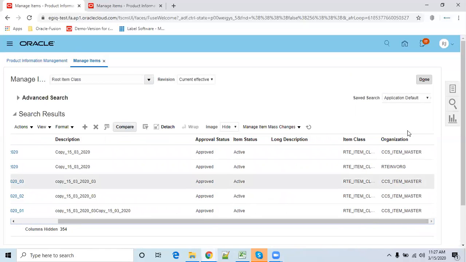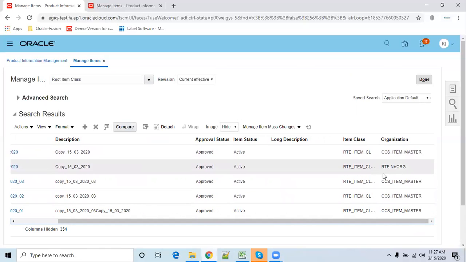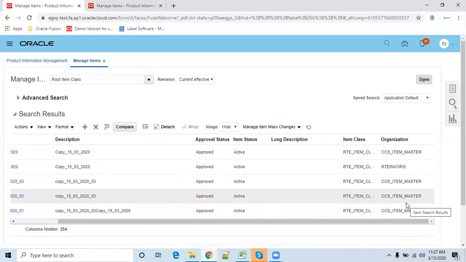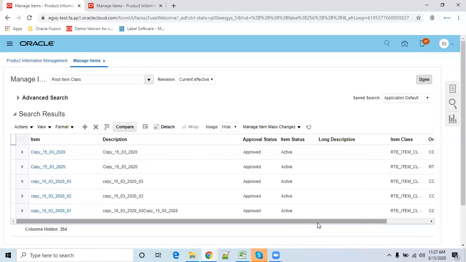But here you can observe one thing, the organization has not been associated. That association you have to do manually. Okay, so this is a way to do it through copy. So the next one is